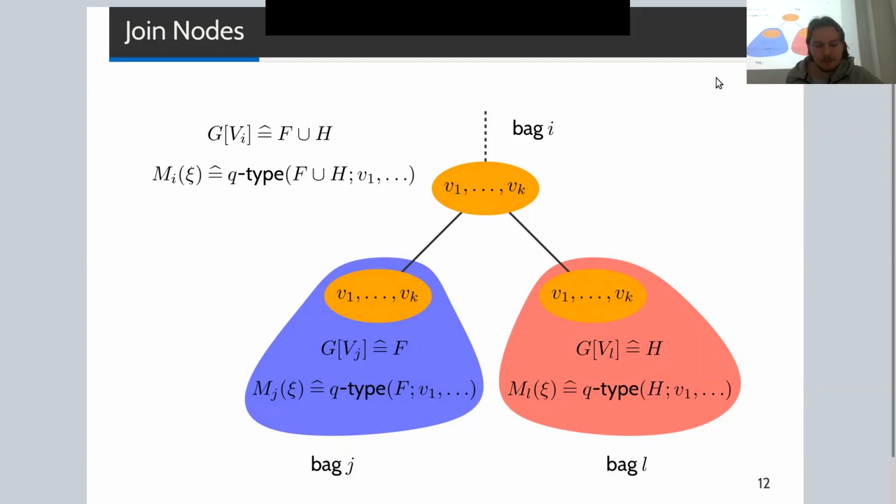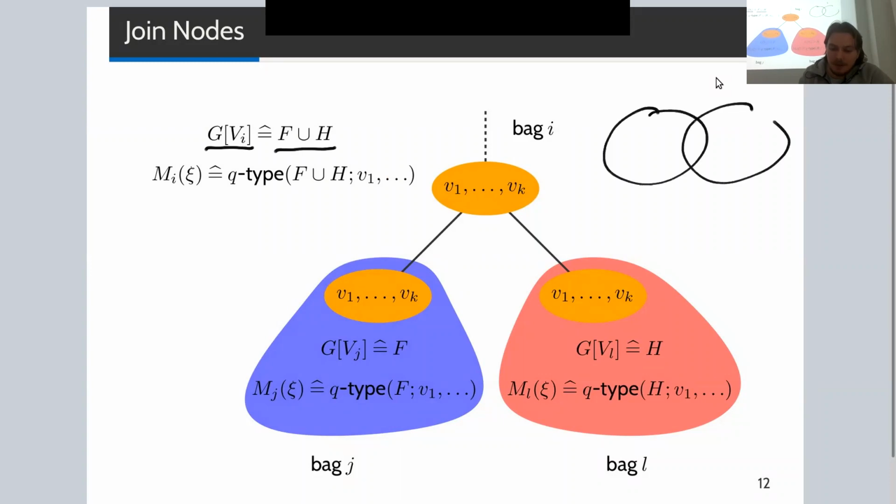And what we want to then compute is our records on the graph G of the V1, so the graph induced on the vertices below bag I. But this is simply the union of F and H. So the picture looks like this: we have F and we have H,